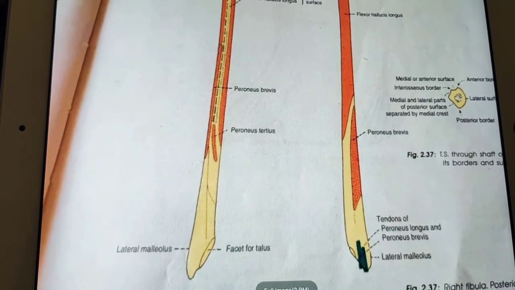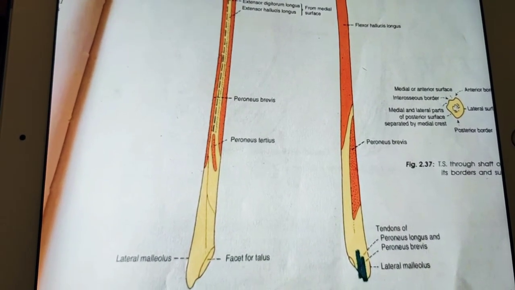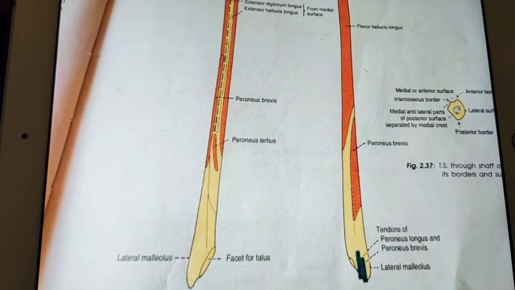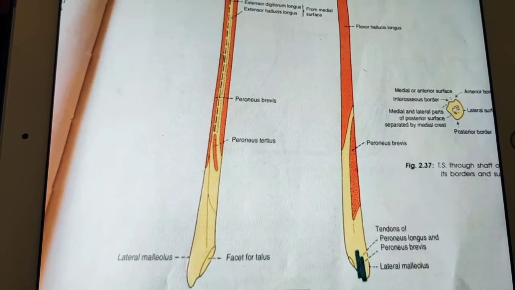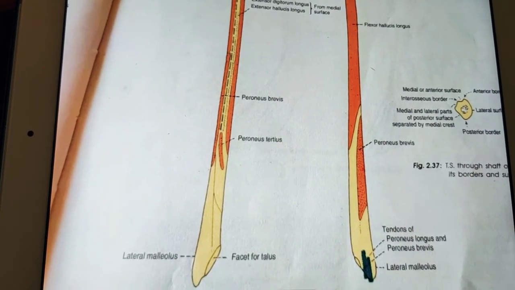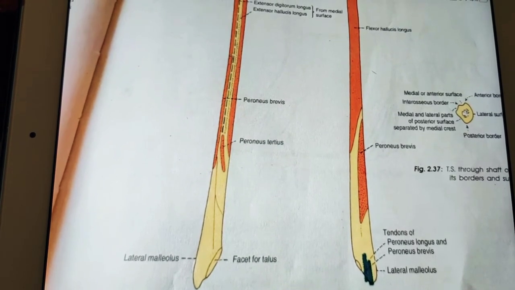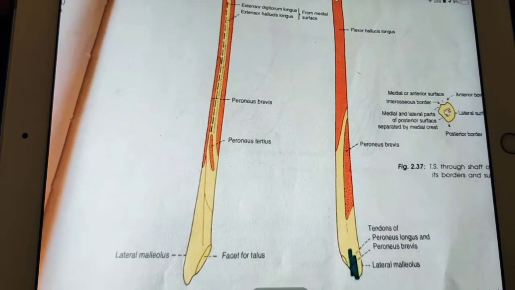Next, the fibula is an ideal spare bone for a bone graft. So actually we take bone from one place and put it where it is damaged. Like that you can use the fibula and place it over other bone fractures. And though it does not bear any weight, the lateral malleolus and the ligaments attached to it are very important in maintaining the stability of the ankle joint.